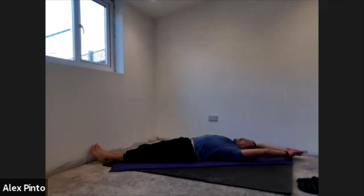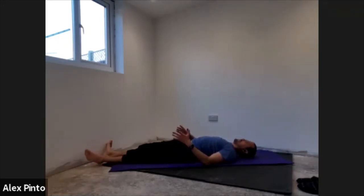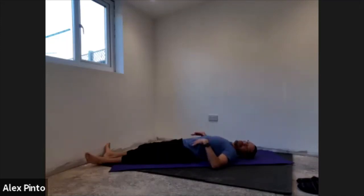And as you breathe out, bring your arms there by the side of your body. You can relax your feet. Just breathe and relax. Focus on your legs. Relax your legs, your thighs, your hips. Breathe deep and slowly. Relax your abdominals, your back, your chest. Breathe deep and relax your shoulders,